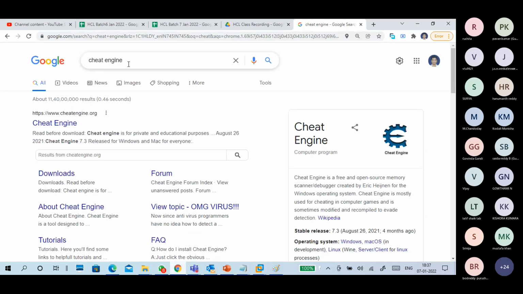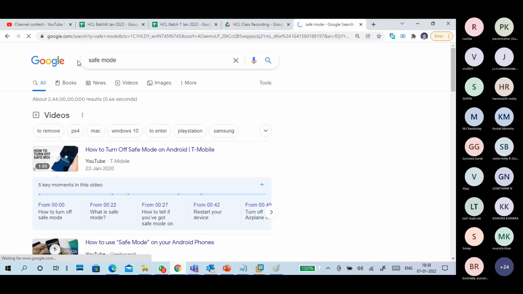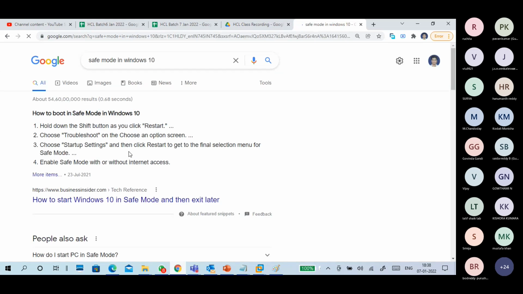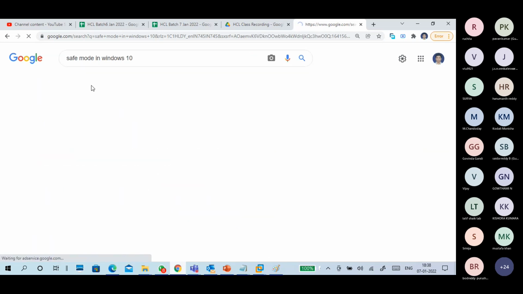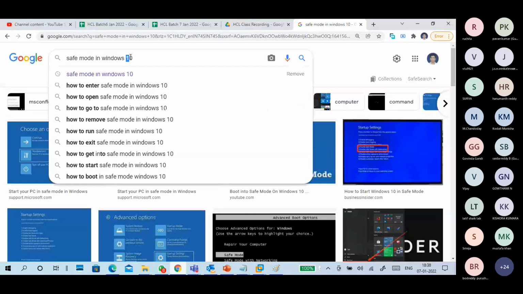So you have to go to safe mode. Guys, find out what safe mode is. Safe mode in Windows 7 is better actually. Yeah, here it is.